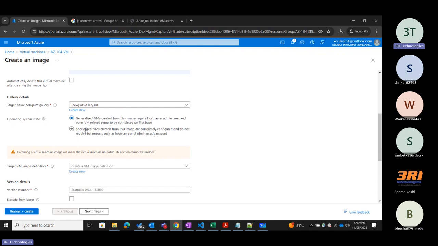When you go with generalized, it does not keep any hardware configuration, network configuration, or user settings. It strips off all those settings. It will just keep the application or software related configuration. Apart from that, it will strip off everything and give you a plain image. So if I create an image which is generalized,